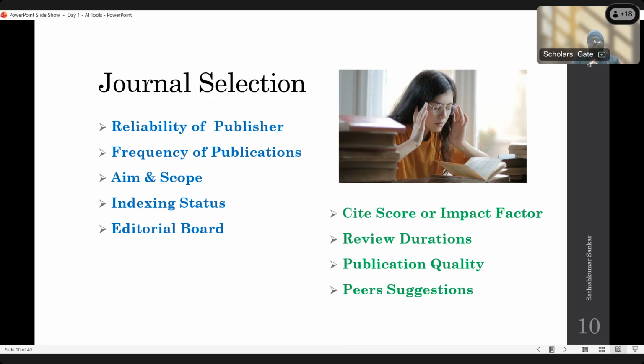Then the review duration, that is the most important thing, because most journals do not follow what they mention on their web pages. On average we can calculate that. If they mention 2 months, it will be within 3 months that we get our review comments. But they do not follow that, and there is delay.